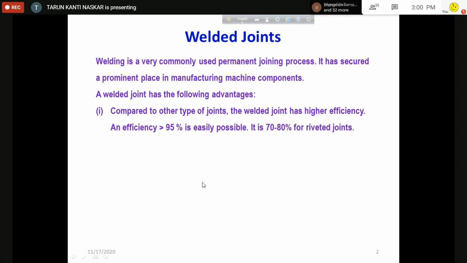Also, the manufacturing is very easy. For a riveted joint, if you see the structure of Howrah Bridge, and if there is any repair of the structure, so far as the joint is concerned, so many things have to be lifted there. But for a weldment joint, the number of accessories to be lifted is less.